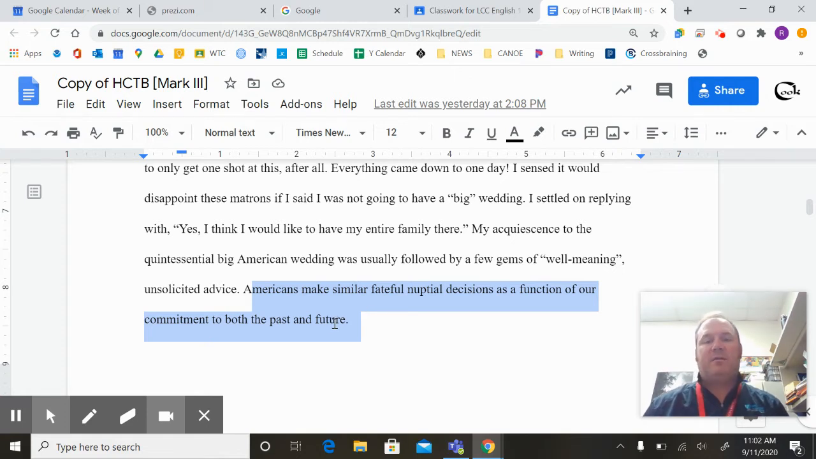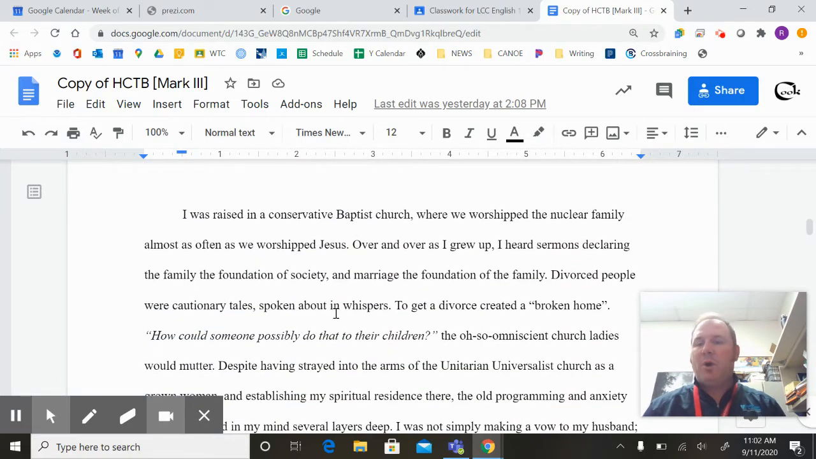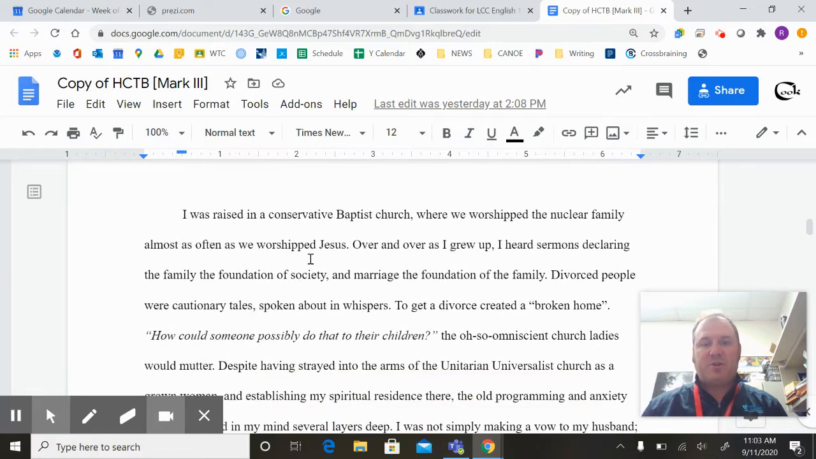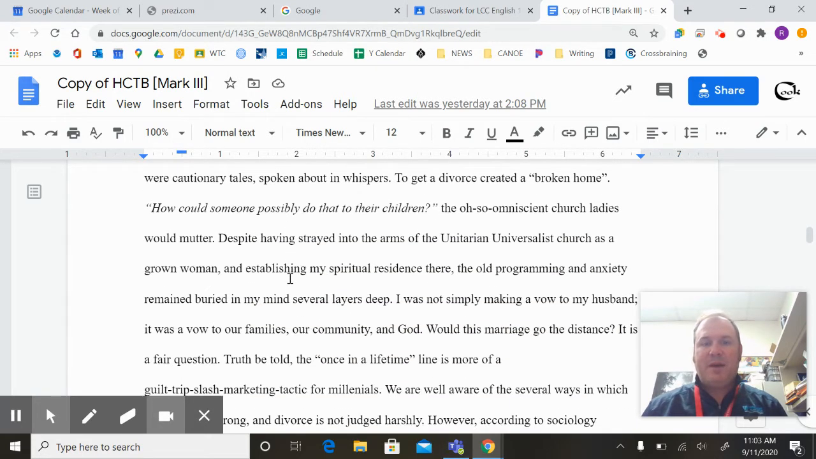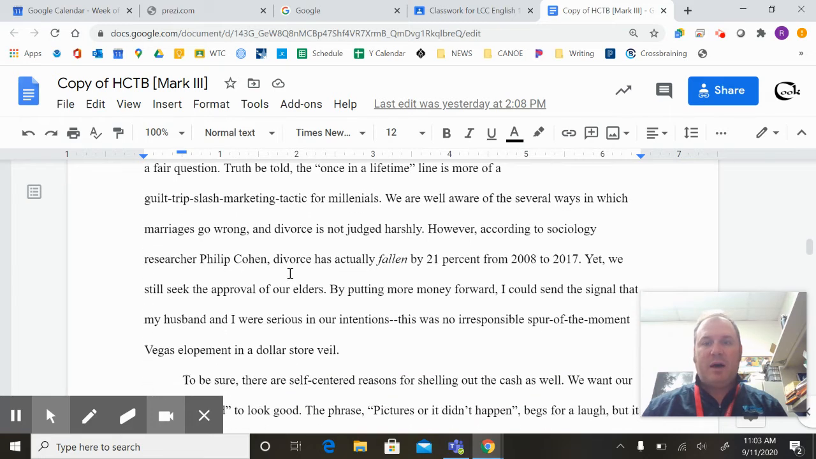Why do Americans love big weddings? So we know that each paragraph is going to revolve around explaining a reason or a function of this. Her first body paragraph starts with a description of how she was raised, and it moves into